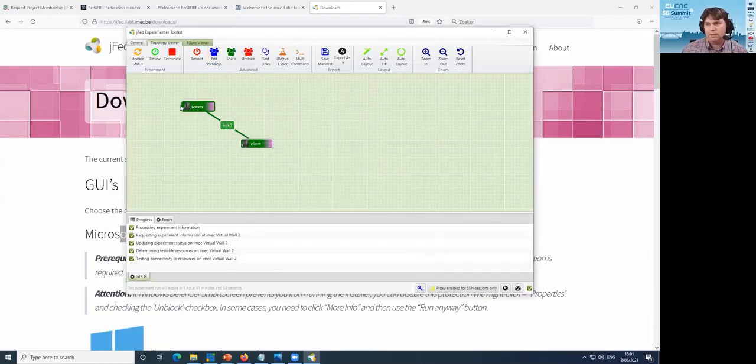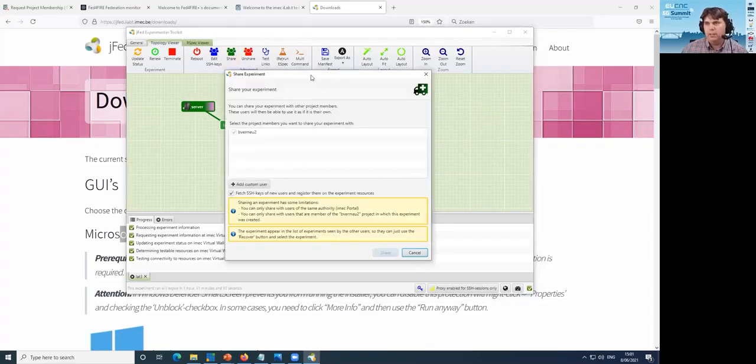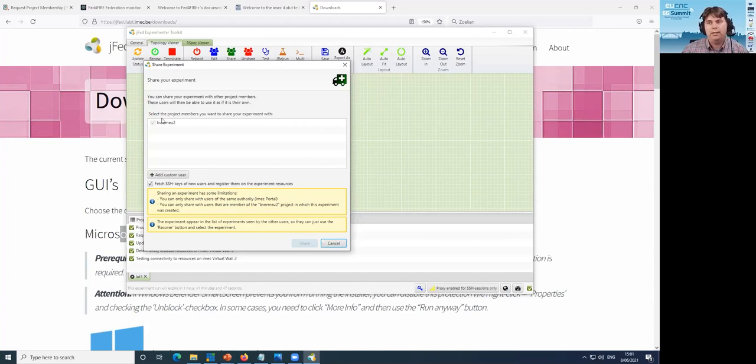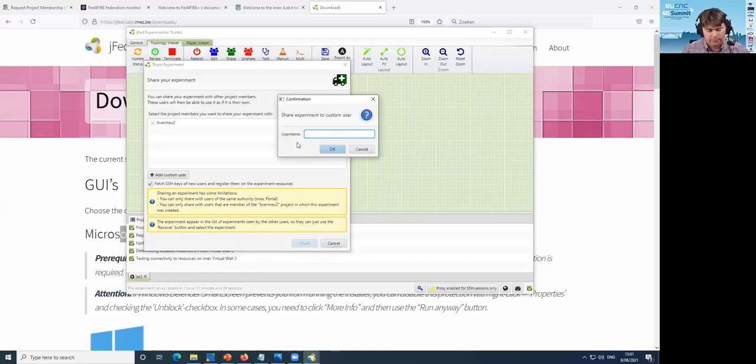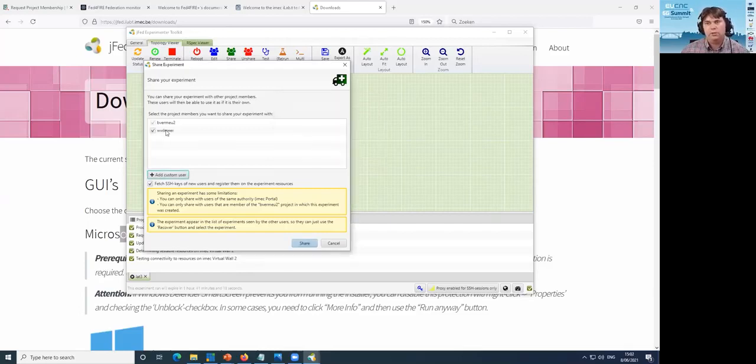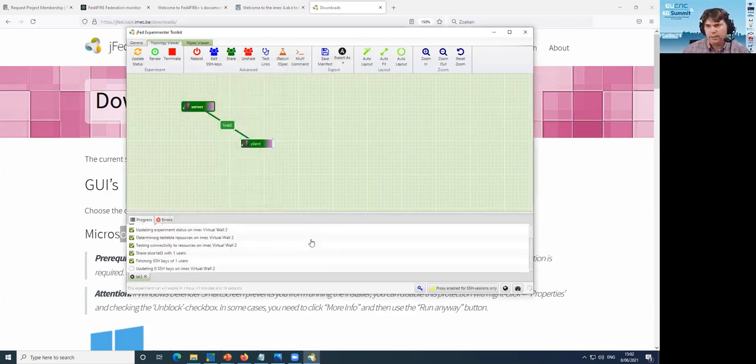But let's start with the share. That's easier to explain. Suppose now I'm the only person having access to this experiment, because I'm alone in the group, no more names are there. If it's in a project where multiple users are in there, they will be added here, and you can just add them simply. If not, you can also type in the login name if you know it, and then you can just share the experiment with, for instance, my colleague Wim. You do share, and then what happens is